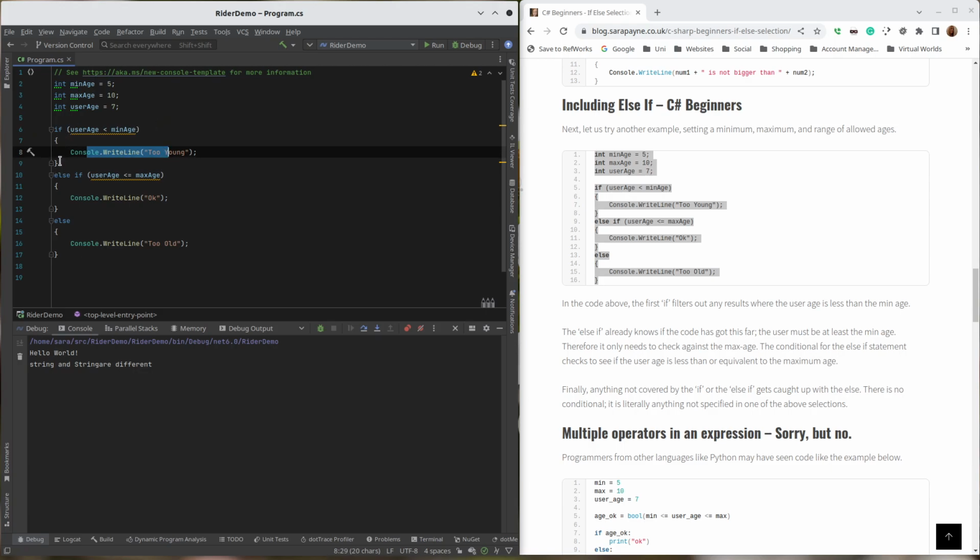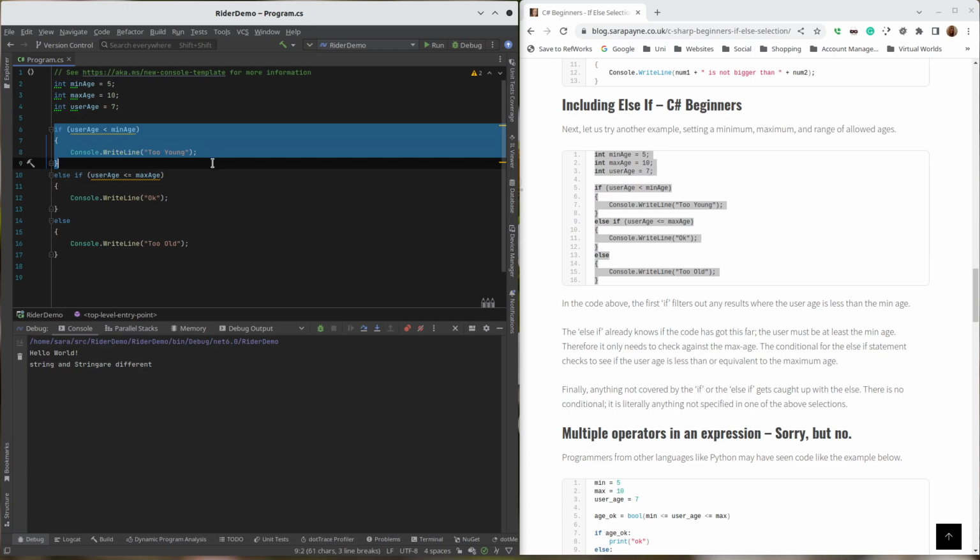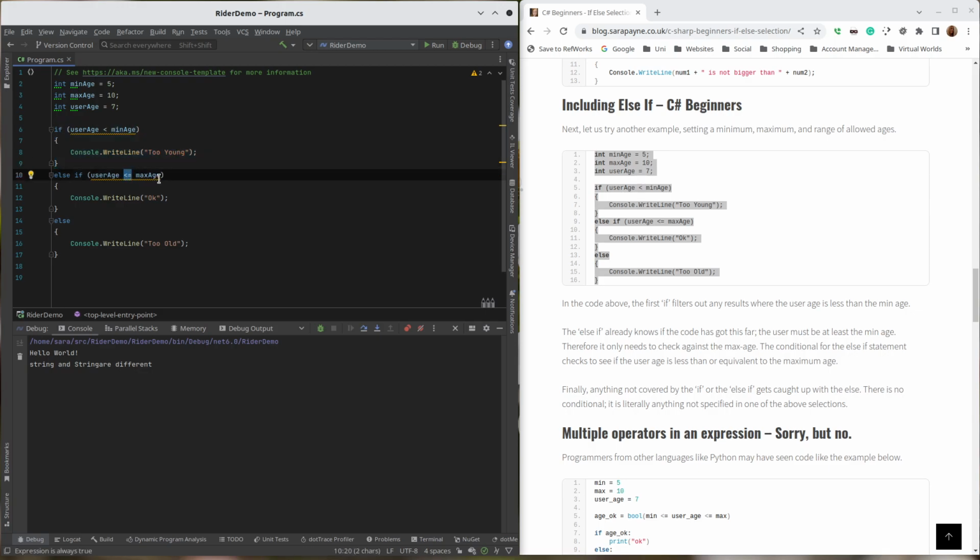Now, when it comes to this second else if, what happens here, if this bit hasn't found anything, it checks this. So if it gets to this point, we already know that they are at least 5, so we don't need to check for that again. And we can just say if they're less than or equal to the maximum age. So we can just do user age less than or equal to max age, because everyone underage will go in there, everyone in the age range will go there,